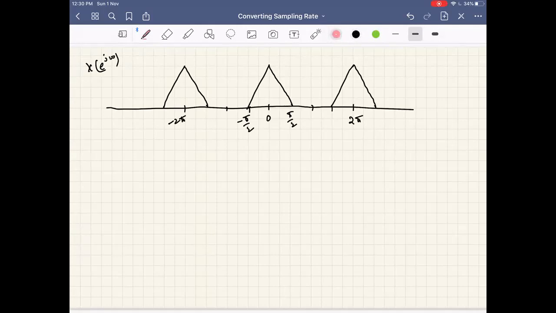downsampling. This is x of n given and the corresponding x of e power j omega drawn here, and we know that we want to downsample by 3 times. We know a priori by m times, to get xd of n. Now see, this is small omega x. To avoid aliasing, what did we say? The maximum frequency in the signal into m has to be less than or equal to pi, to avoid aliasing